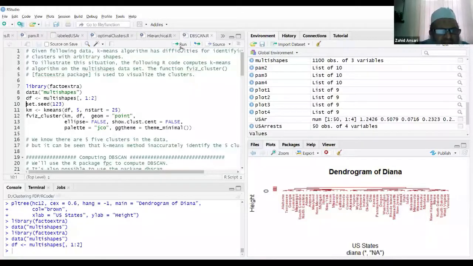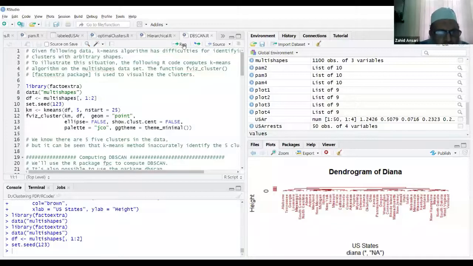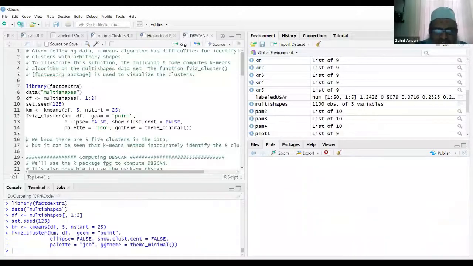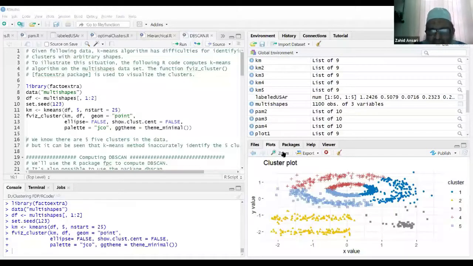If I apply the k-means algorithm on this data and visualize it, how does it look? I will show that first to you. You can see this data is multi-shape data. We applied the k-means algorithm with k equal to 5.